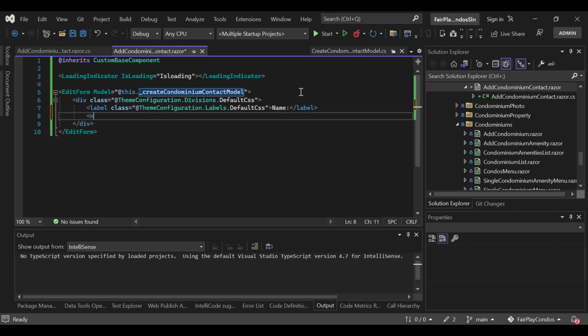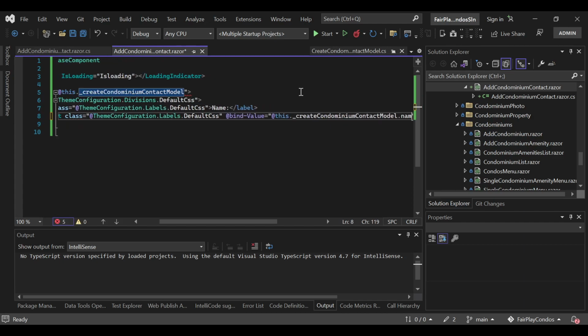And now we want this to be an input text. The class is going to be theme configuration labels default CSS. Now this is going to be bound to the name